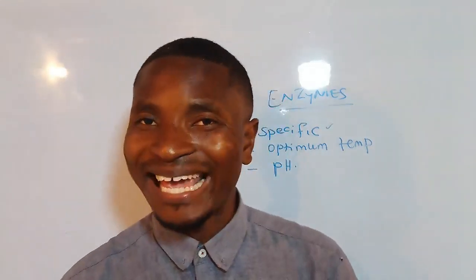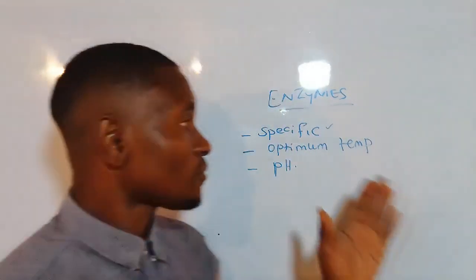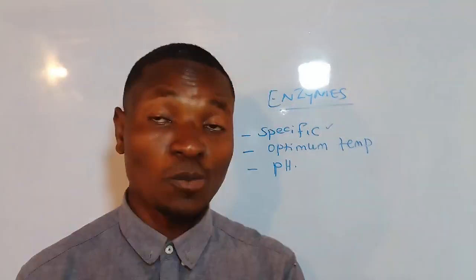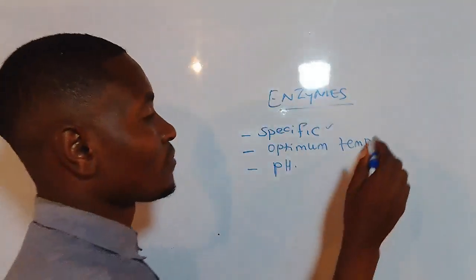They speed up the rate of the chemical reaction or any of the biological process that is happening and requires certain enzymes to work on. So that is optimum temperature, and this optimum temperature is somewhere around 35 degrees Celsius. So anything above that,